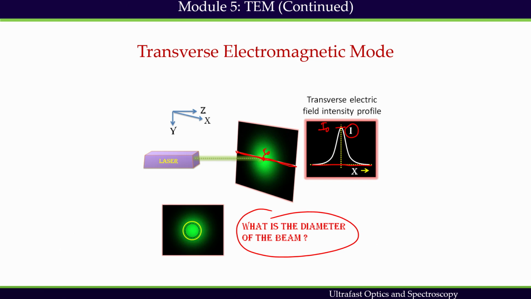In many laser-based experiments, determining fluence, which is nothing but the energy per cross-sectional area, expressed in joule per square centimeter, millijoule per square centimeter, something like that, and which depends on the size of the laser beam, becomes important. That's why we need to know how to define the diameter.